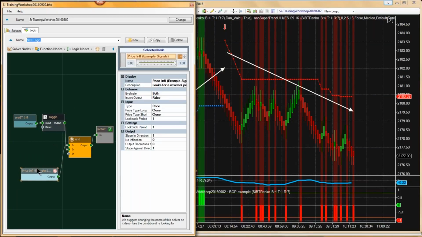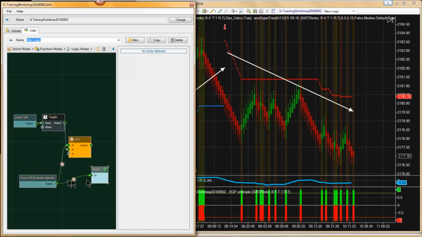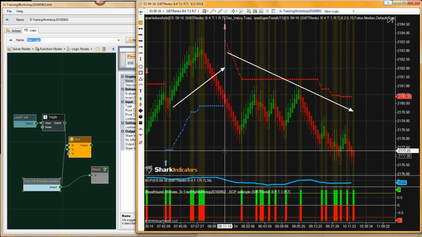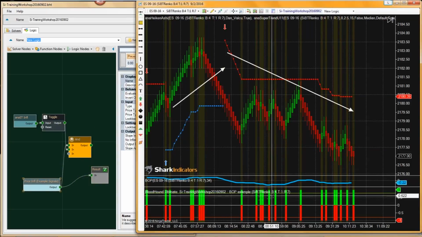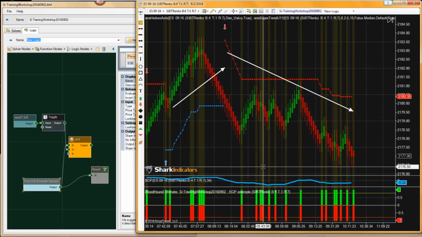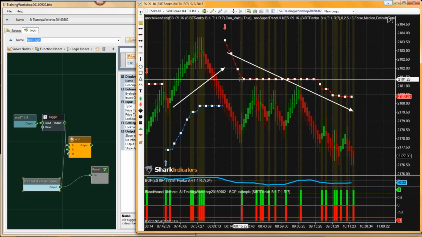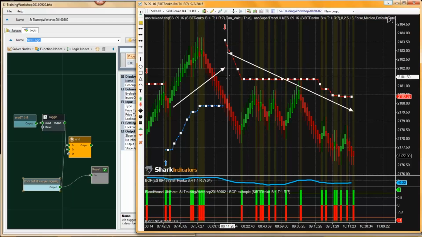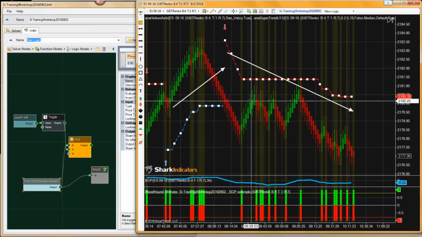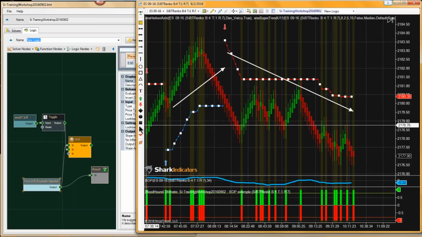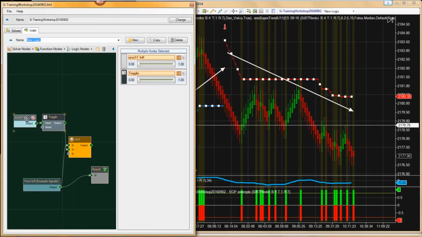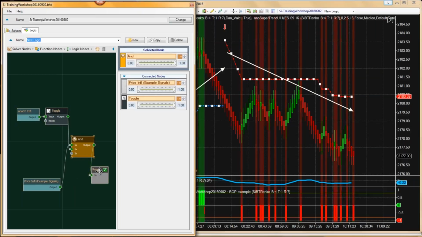Yeah. All right. In any case, this is just a simple example of a filtering technique. We've got some example signals here, and we're getting both long and short signals, and we just want to filter them based on some other indicator, like the anaSuperTrend, that's filtering out what direction you should be taking trades. You just take your trade direction filter, plug it into an AND node, and